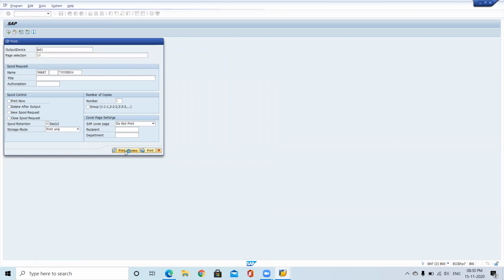Even though you are having 14 pages, it will print only the 10th page. See this one, pages only one of one. Okay, it is starting from the 10th page, not from the beginning. Here you can see 10 of 14. Clear?